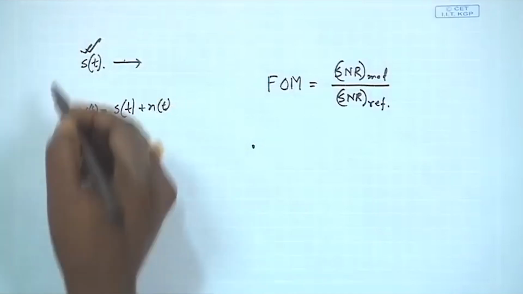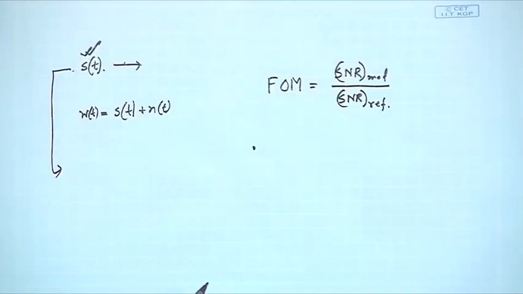But here there is something which we have not still talked about, that is the launched power. Okay. So, if we do not really equate the launch power for this reference signal as well as the modulated signal, then we are comparing something with some other thing. Okay. We are not doing a fair comparison because I can put any power in that particular modulated signal, and then if we wish to compare them, probably that something might be better. So, what we also have to ensure in this process, if we really wish to test it, is that the power of ST that is being launched must be equal to the power that we will be putting in the baseband. These two powers should be equated. Okay.